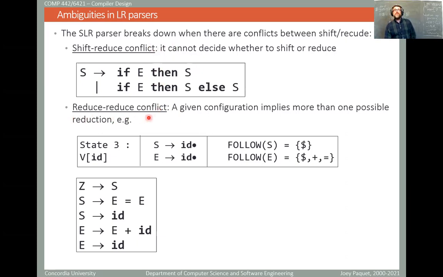So you may also have a reduce reduce conflict. I'll take this example of this grammar here. Again, another classic example, in which case, if you design the DFA using item sets and so on, you're going to find that in one of the states, you're going to have these two items inside of the item set of this state. Now, if you recall, what's happening here is that when you have a finished item,